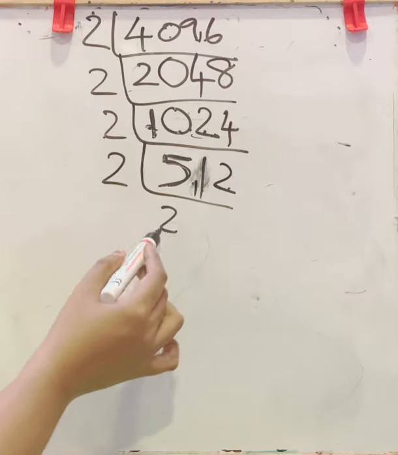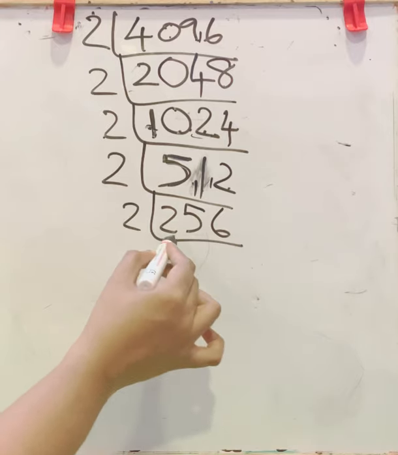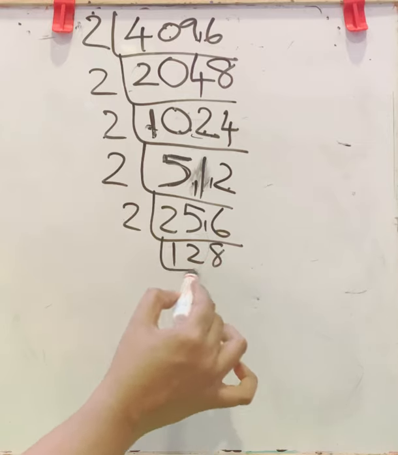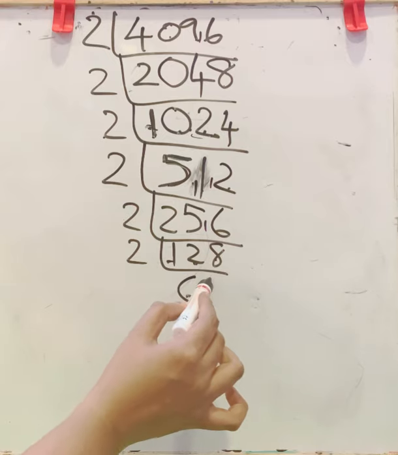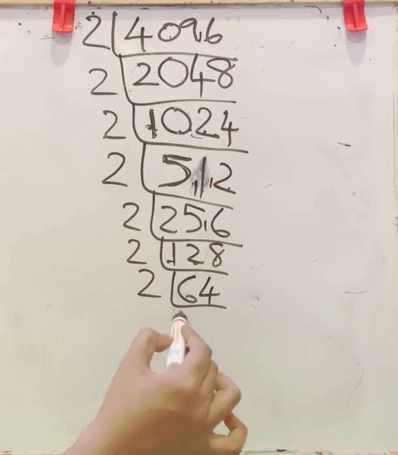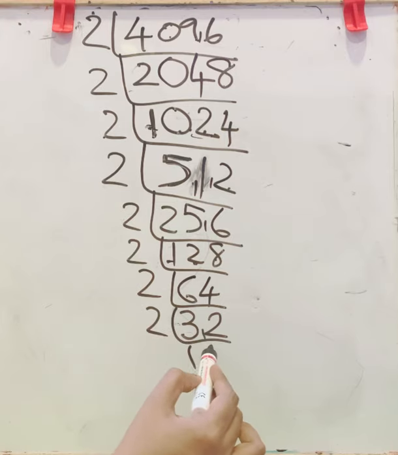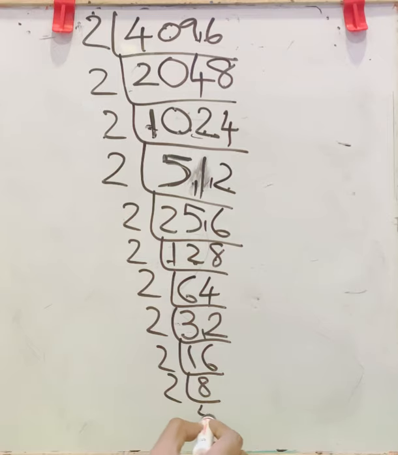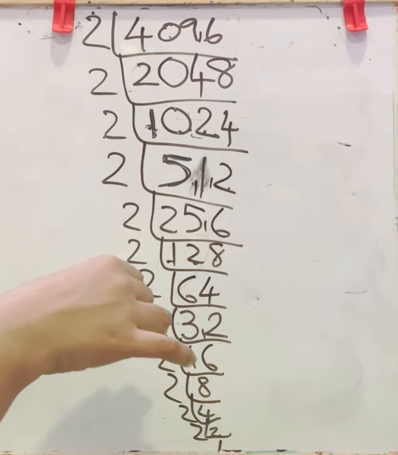Balance 1. This becomes 11. 5 2s are 10. Again balance 1. 6 2s are 12. Again 2. 2 ones are 2. In 5, 2 2s are 4. Balance 1. 8 2s are 16. Now take this together, 12. 6 2s are 12. In 8, 4 2s are 8. 2. 3 2s are 6. 2 2s are 4. Again 2. 1 2s are 2. 6 2s are 12. Again 2. 8 2s are 16. Again 2. 4 2s are 8. Again 2. 2 2s are 4. Again 2. 2 1s are 2. This is the prime factorization of 4096.